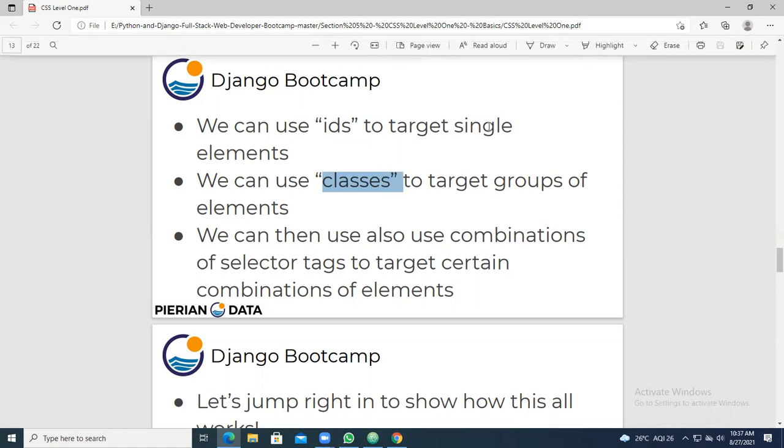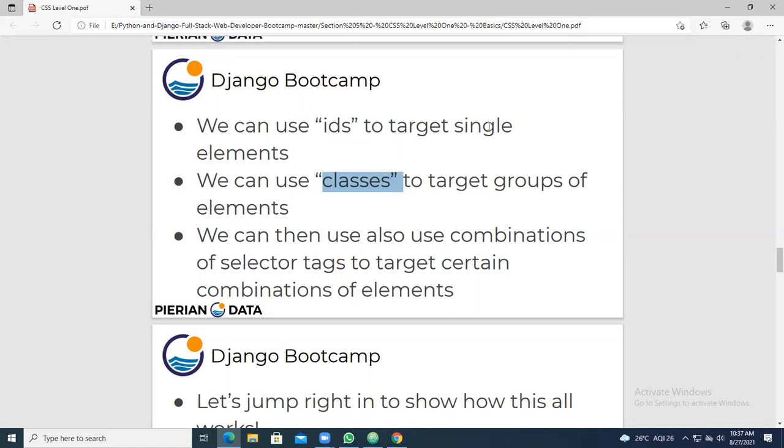A single element means like H1, like P. Those are called single elements, and for those you use IDs. Similarly, if you are targeting a group of elements, you go with classes. A group of elements means inside a div you have a paragraph, you have a list.